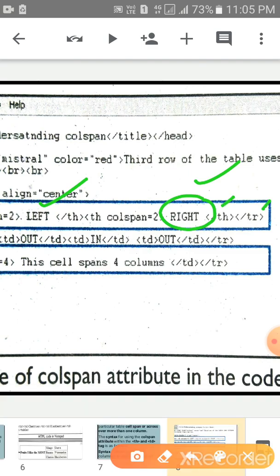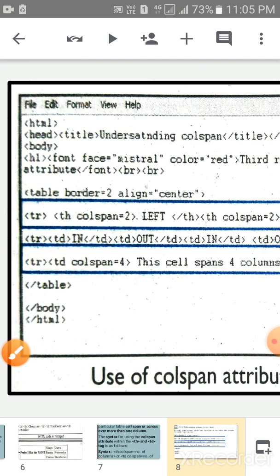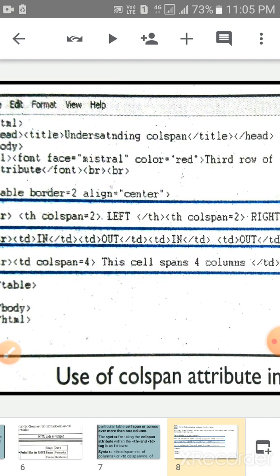And closing tag of tr. Okay children, next is again open the tr, then td tag.